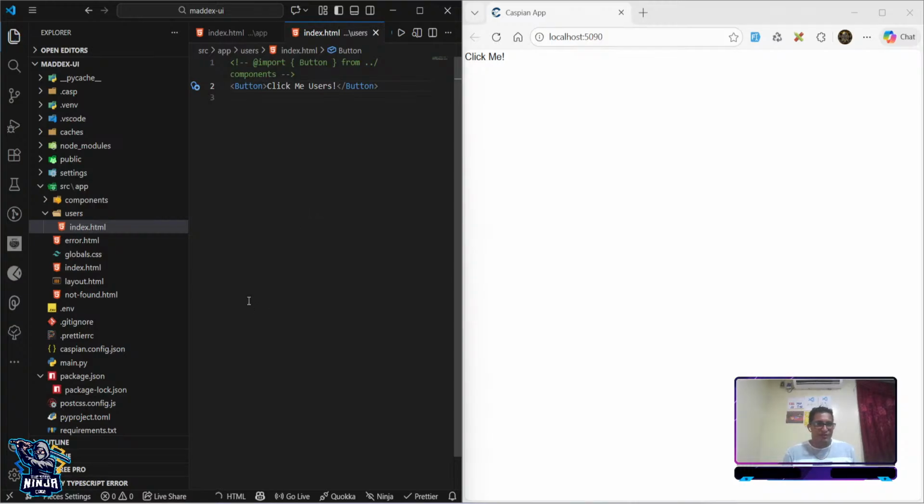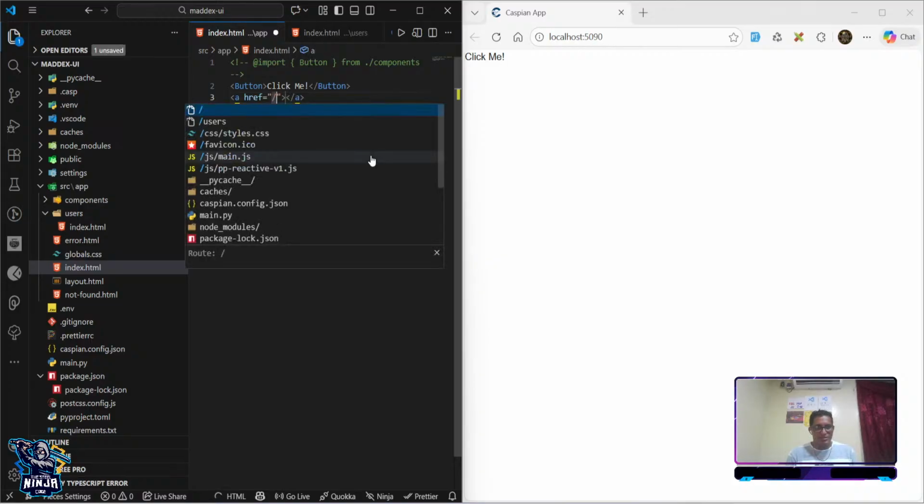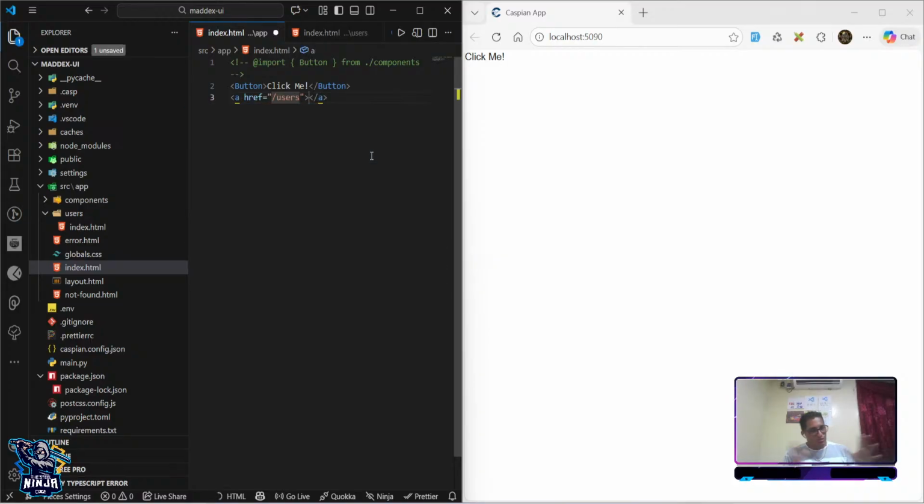So I'm going to save here, and in home, I'm going to create a row. In this case, I already have the users autocompletion, which is very nice. Go to users. Okay, I have